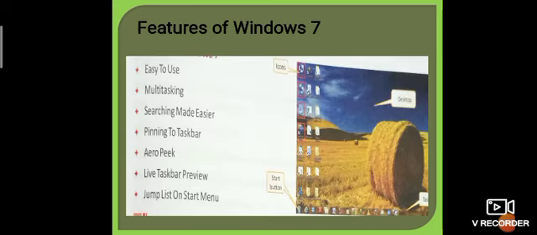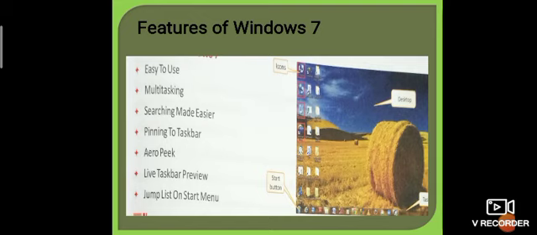Features of Windows 7. It is very easy to use. Multitasking, searching made easier, pinning to taskbar, arrow pick, live taskbar preview, jump list on start menu.